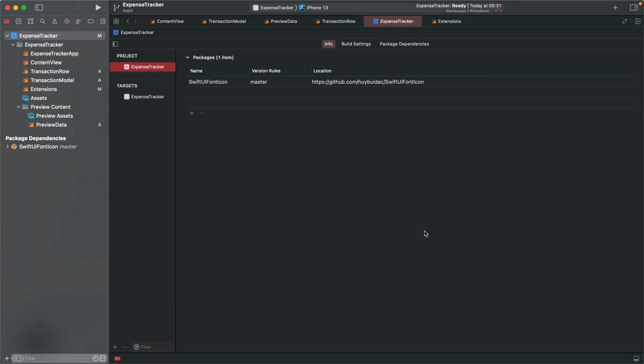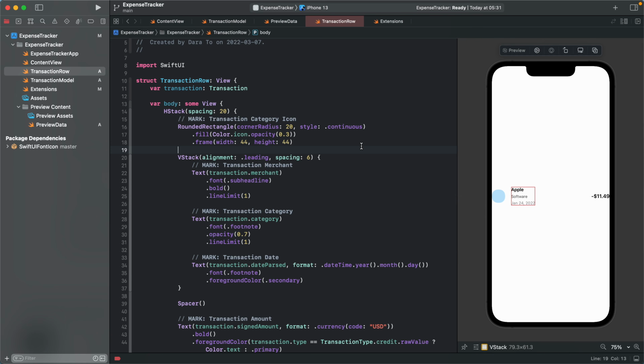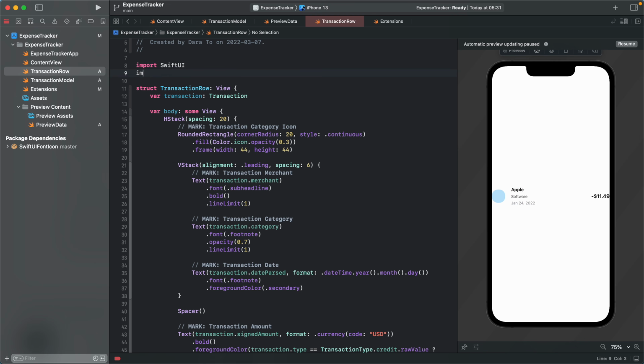Note that if you are on Xcode version 13.2, you may have trouble resolving packages. So update to the latest version, which is 13.2.1 at the time of recording. This is what happened to me. Close. To be able to access icons from this library, import